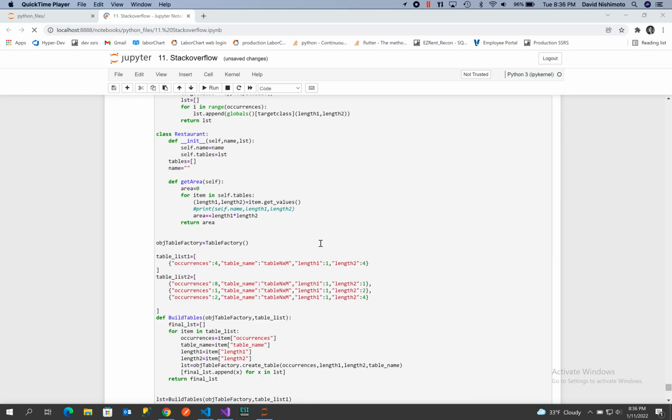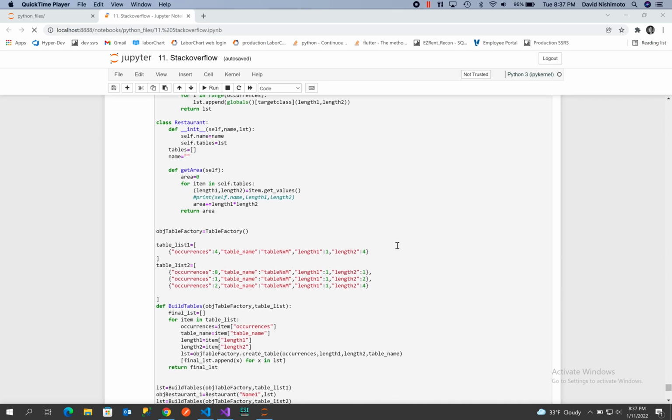So that's the subclass. And what's interesting about this is if you wanted, you could conditionally create numerous subclasses. Originally I did have each subclass as a different type, and it was a child of the table class. So let's walk through how this works. We have occurrences, which is how many occurrences of that subclass we want, and then the two parameters, which are length 1 and length 2.